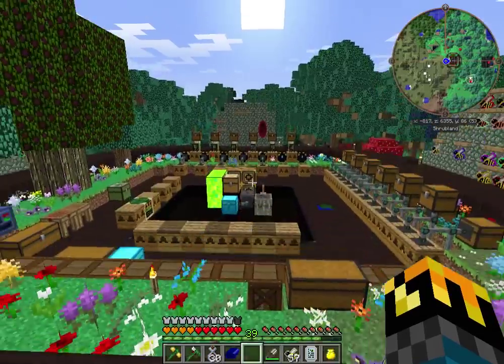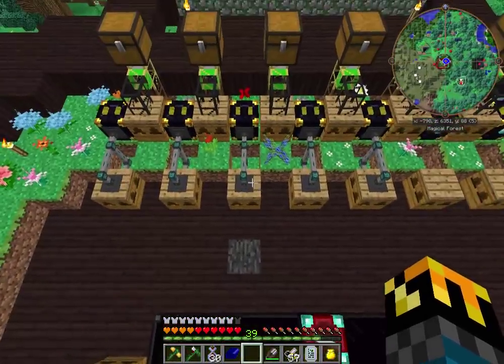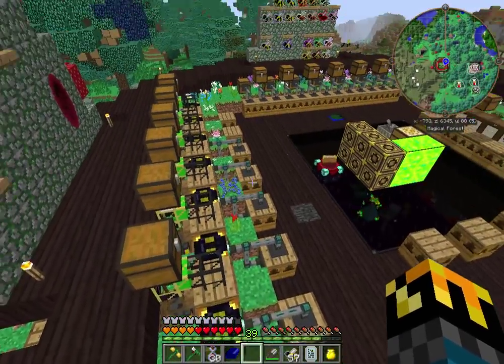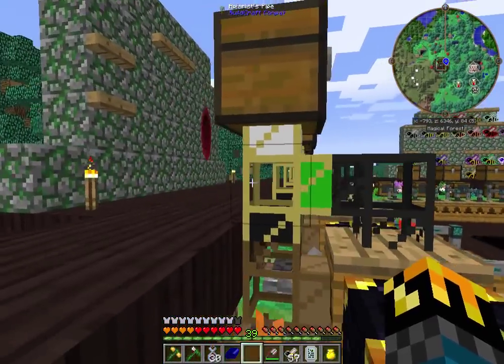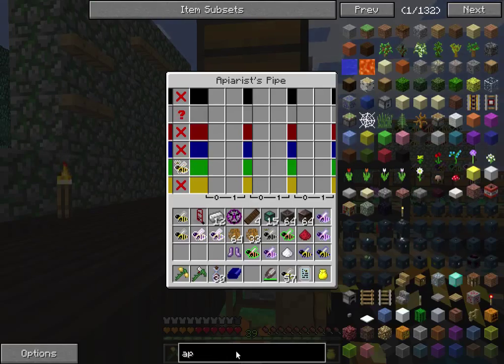I spent some time polishing up the base a little bit. I moved all these apiaries back to give us a little more room, and then I set up this second row. So these are all of our production apiaries, and then these are going to be our cloning boxes. And I've made these apiarist pipes, which you guys missed. But if you look at the recipe,